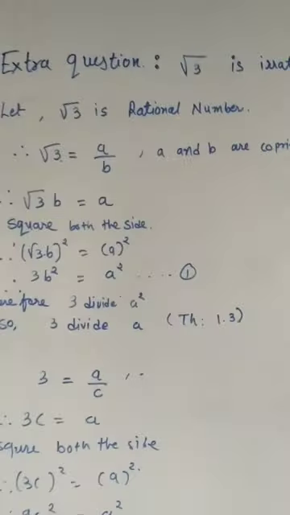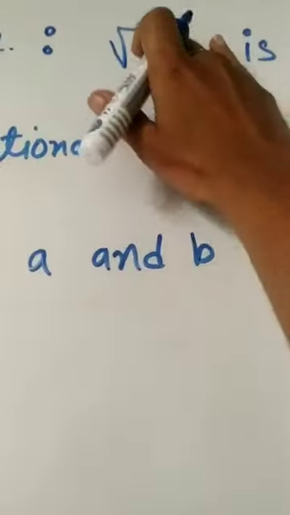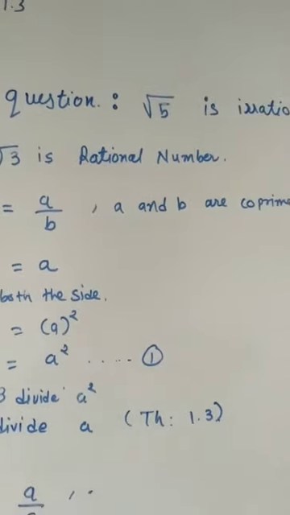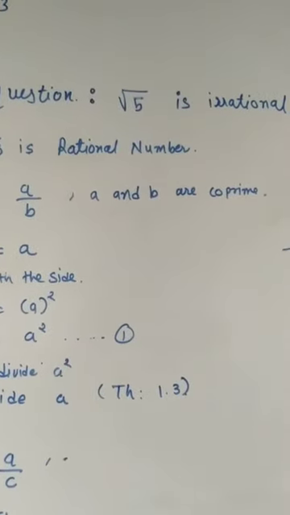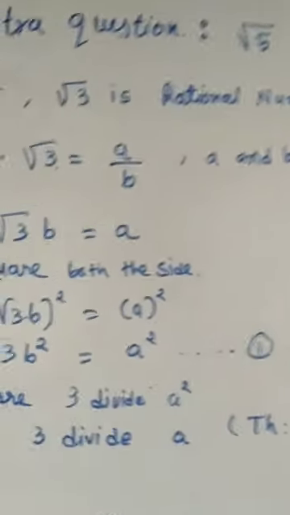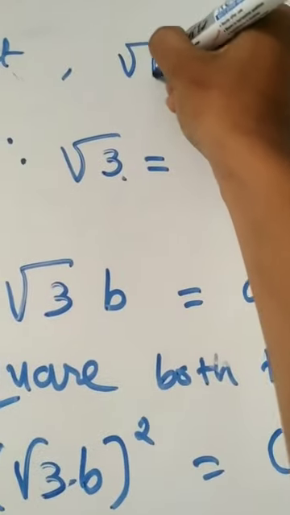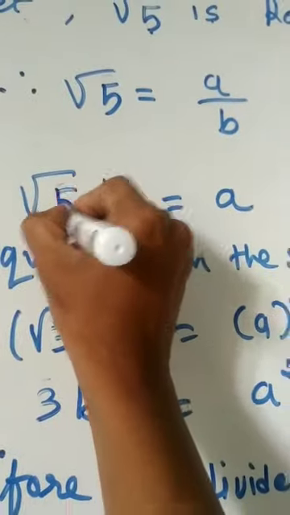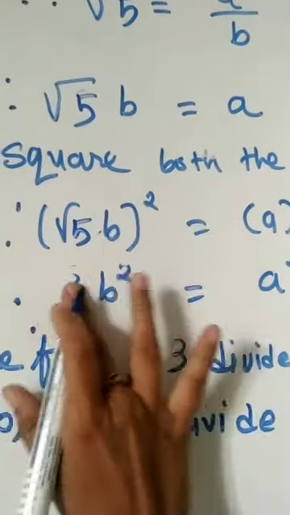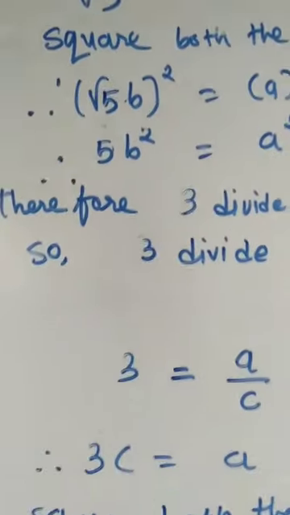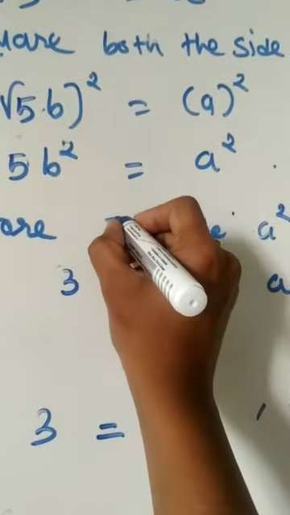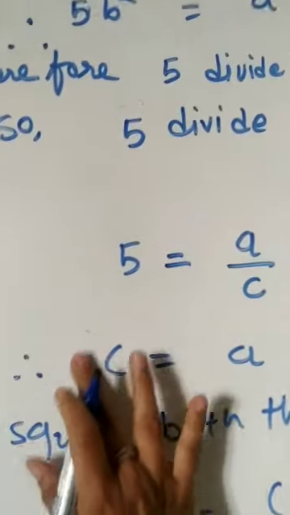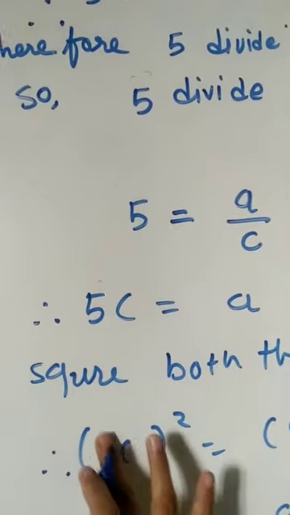Suppose they have asked you to prove that root 5 is irrational, so you have to learn that theorem by heart. Only you have to make changes: wherever you have seen that 2, there you have to write root 5. So here again I can change, on the place of 3 we can write root 5. Only a few changes you have to do, means you have to learn it once. If you remember that root 2 is irrational, you can prove it the same for 3, for 7,